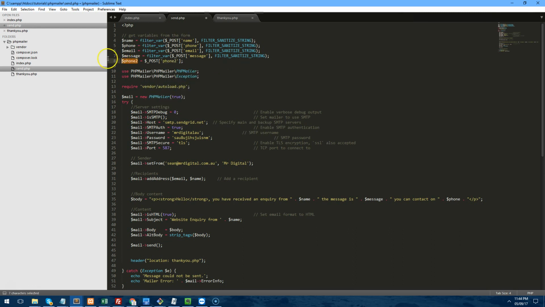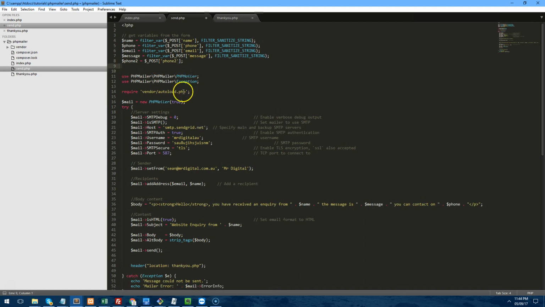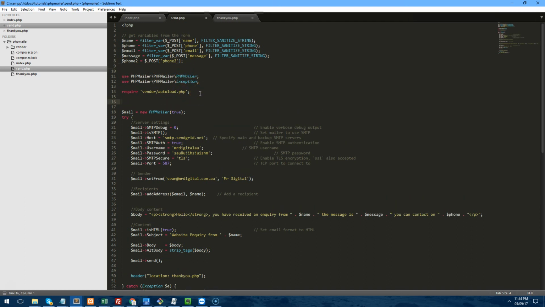and that's basically creating a new variable called phone2, and it's attributing to that the phone2 data that gets sent through the form. What we want is for phone2 to actually be empty. So what we can do is, just coming to think about it, we don't even need to do that variable like that. What we can do is